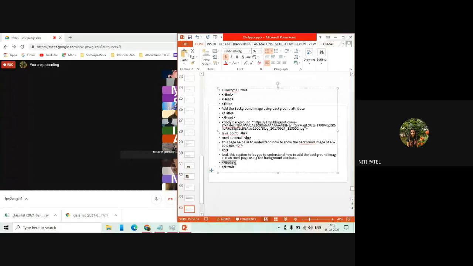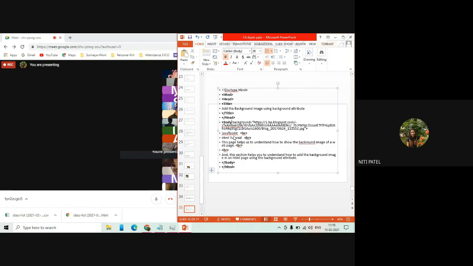Now, when you want to put a background image, you have to use this background tag with the body tag. ठीक है, अभी तक हम लोग क्या करते थे, बॉडी ओपन करके इधर ही ऐसा, this was a tag to open the body, yes or no? But now inside the body only I am going to add a background. So body background is equal to what? The image or the link of the image which I want to put in the background.